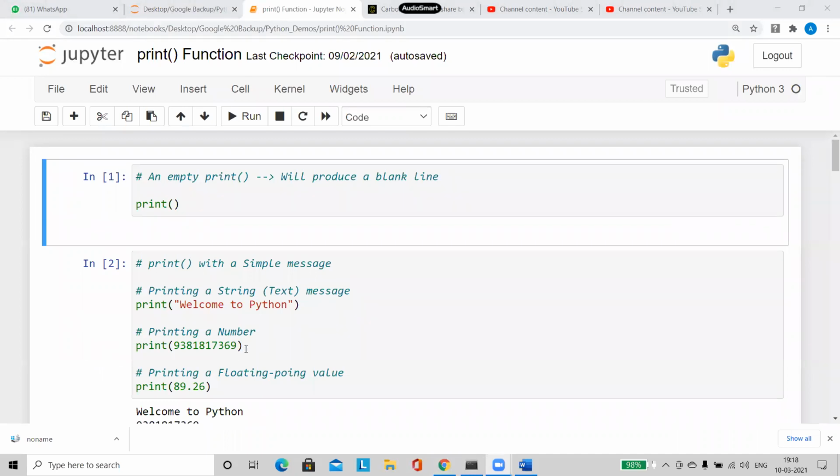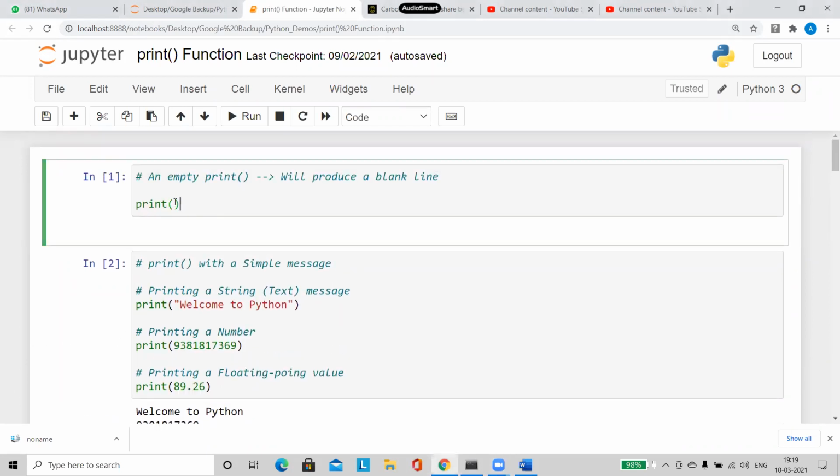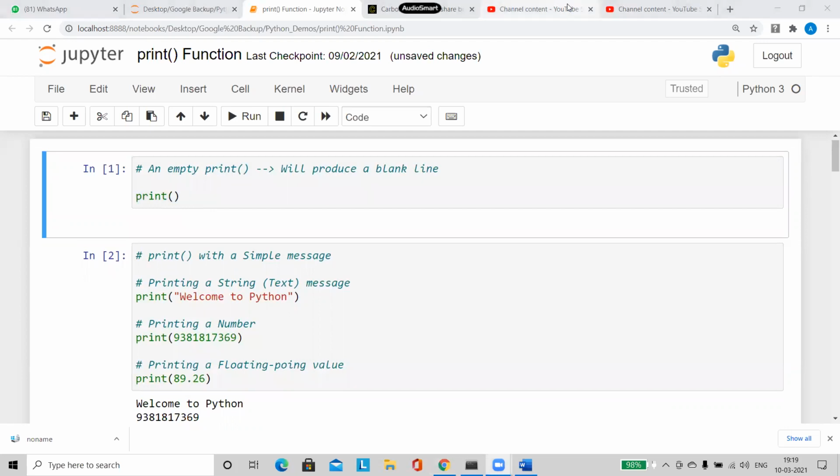So now there are more different things you have to know with regards to the print statement. The first point of it is, when you are going to give an empty print statement, what is going to happen? Always remember, whenever you give an empty print statement, it is going to produce a separate blank line, an empty line. An empty print statement will give you one empty line. That is what will happen. Say for example,